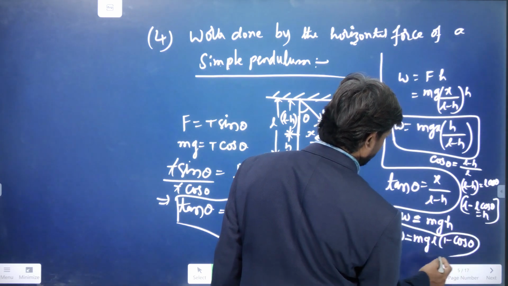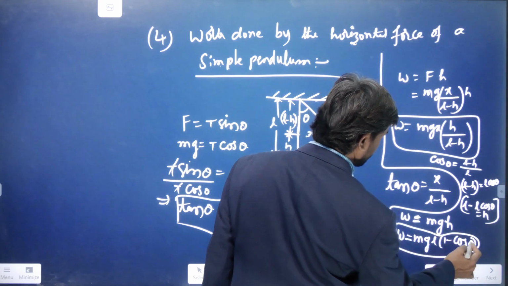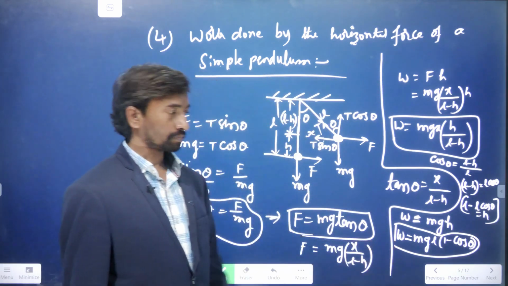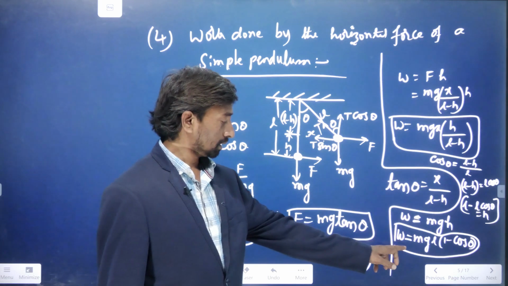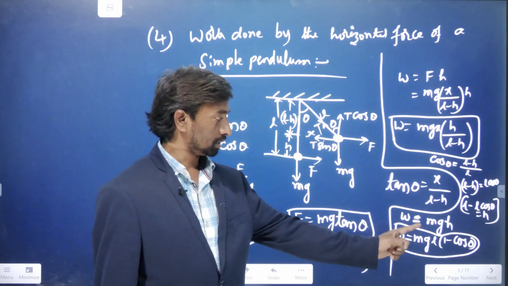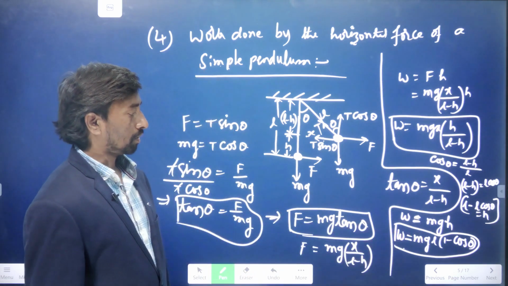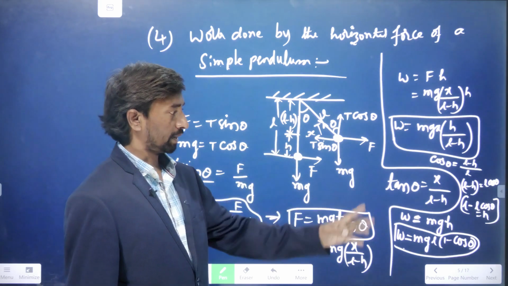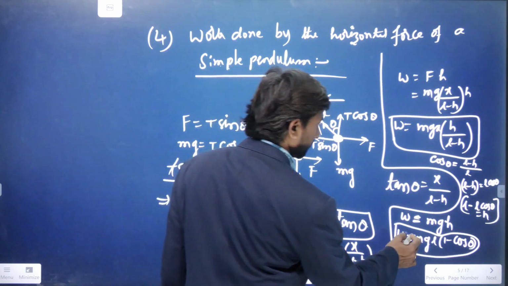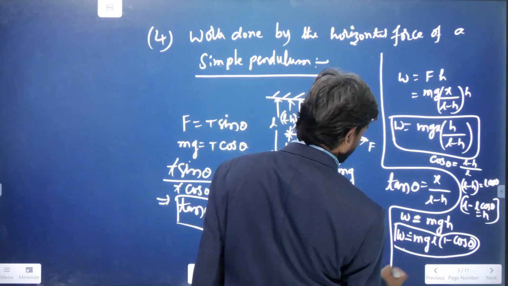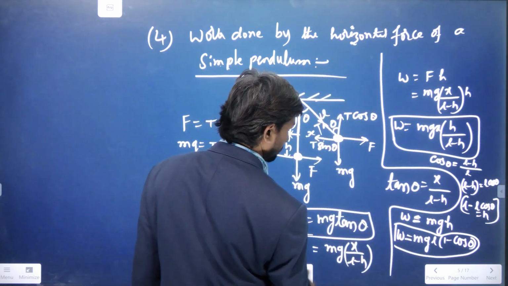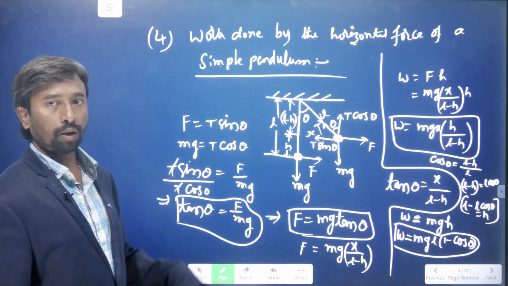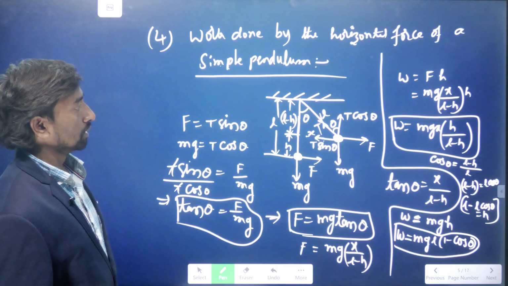So here the work done by the gravity, this is the expression. Work done by the gravity is W is equal to mg L cos theta. The force is acting downward and the displacement is upward, so we get minus here. Force and displacement are in opposite directions. And work done by the horizontal force,